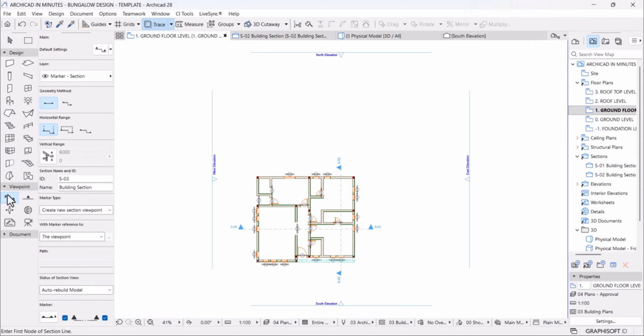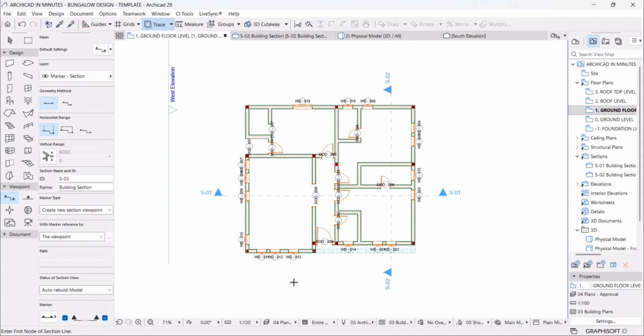So we are going to create one section line again. In this case, we want the section line to run across the living room to our open dining and then to our kitchen. It's good to make your section line go through major important information so that you reduce what we call RFI, request for information. So coming down to our section,